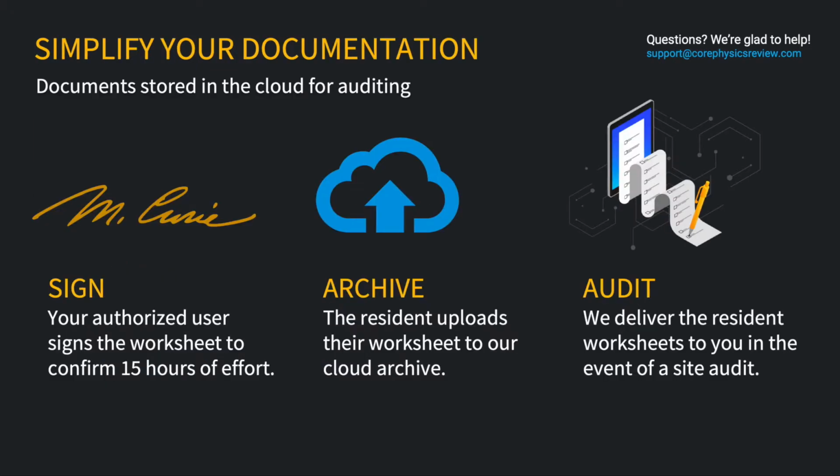So that's the structure. Documentation is obviously at the heart of it for the regulatory administrative part. So you're going to have your NRC director. They need to be involved with this process, the nuclear medicine attending. They're going to sign your worksheet, mainly to make sure that you did something sensible there. Then you'll sign it saying that you finished 15 hours of work on this. You'll upload it to the cloud through our course link, and then if there was any audit, then your course